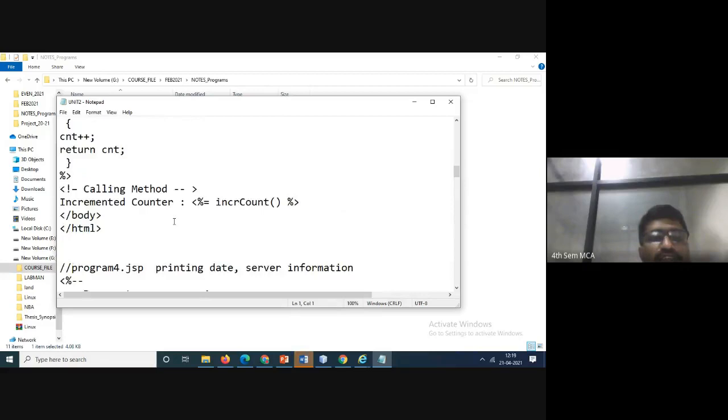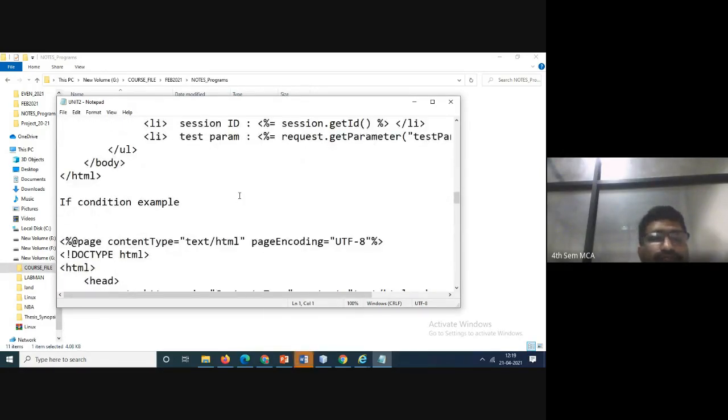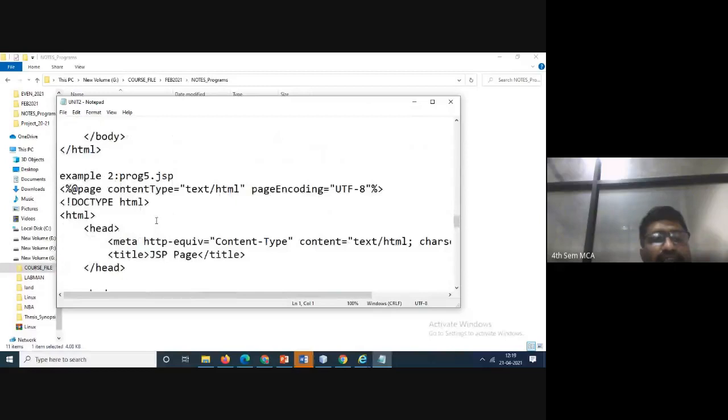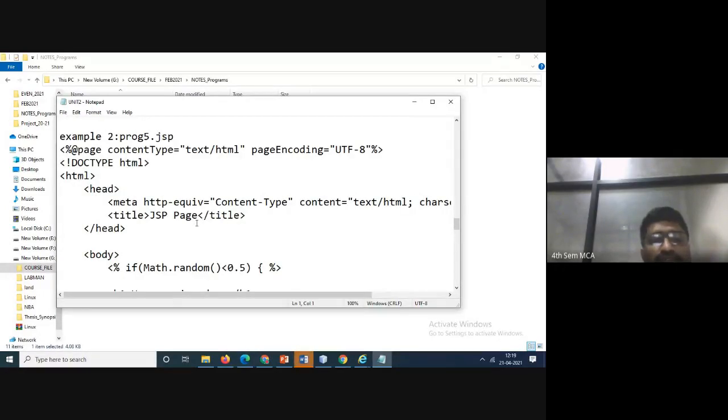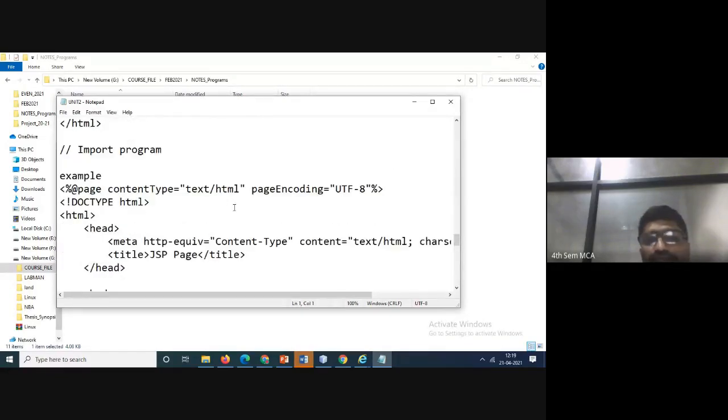So last class, whatever I have told, I copied it here. The if condition I have written here, basic color also. Next is program 5.jsp, page number, Math.random, this I have executed. Import the programs, this is nothing but the JSP page.